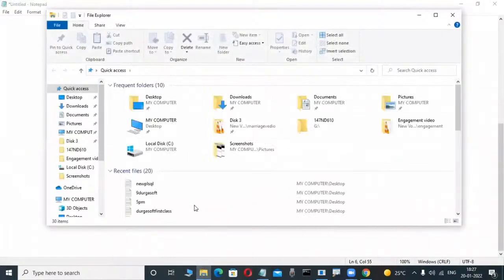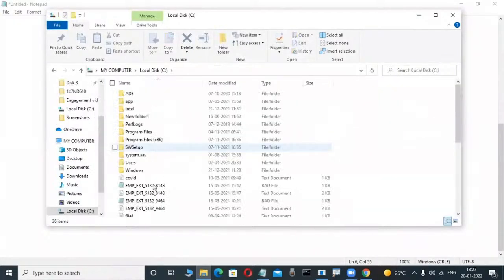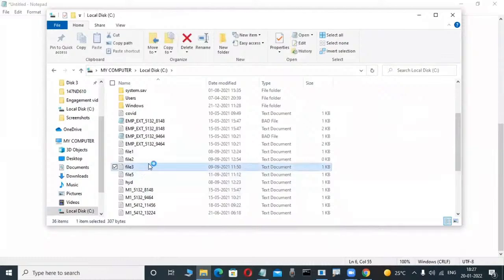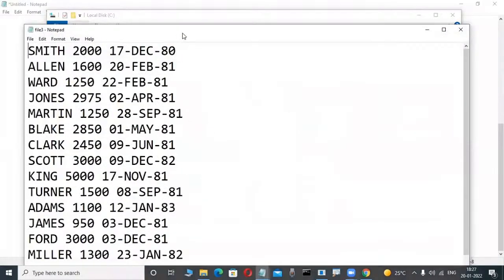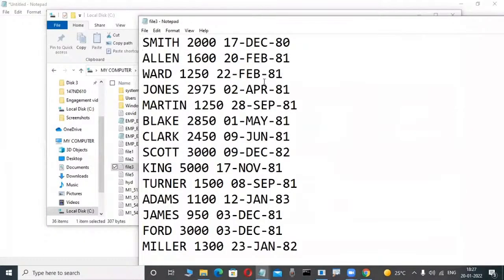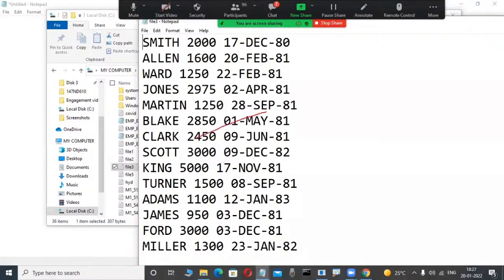In the olden days, before 1960, data was stored only in a file format. Later, we learned that this file format also stores data permanently. But here there are employee details. Who are the employees that joined before 1981? If I want to retrieve those employees' information from a file,